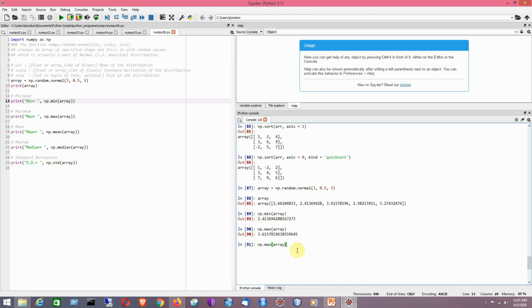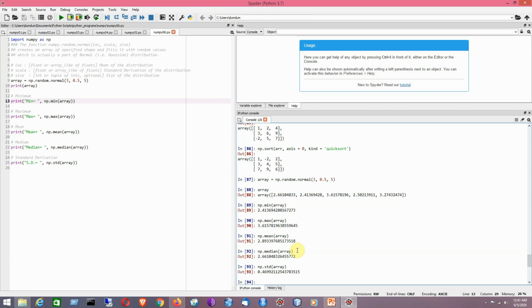Then I would like to check the mean value of the array. Mean means average. That is the statistical mean, the average value, because all these are numeric values. So it is showing the mean value. Now I would like to consider the median value. So it is basically the median value. Okay. Then I would like to check the standard deviation. All these are functions made available in the module named NumPy. That is the idea we are going to use. So all the functions are demonstrated.